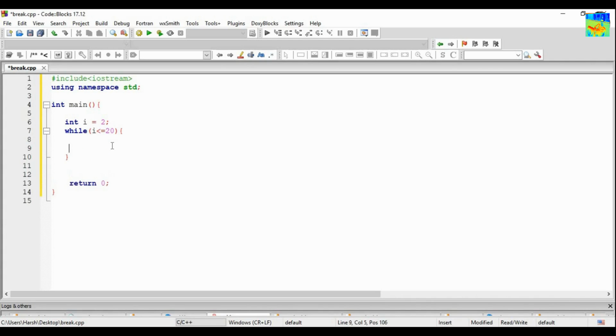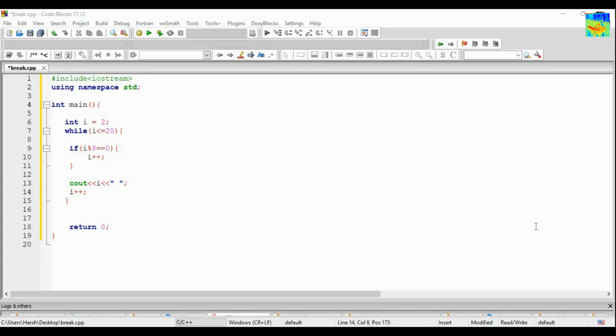Now I'm using an if, again with some random condition: if I mod 8 equals 0, then I will increment the value of I. Otherwise I will print the value of I, followed by a space, and increment the value of I. I am not using a break statement. So tell me what will be my output.